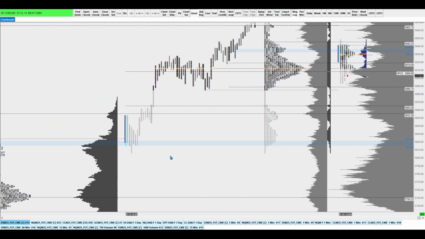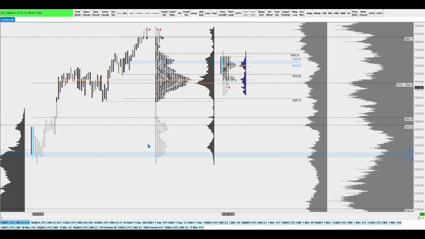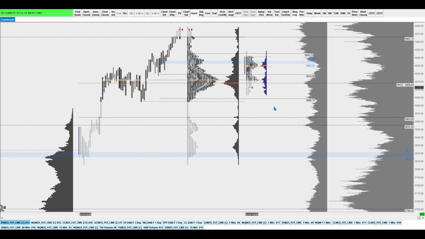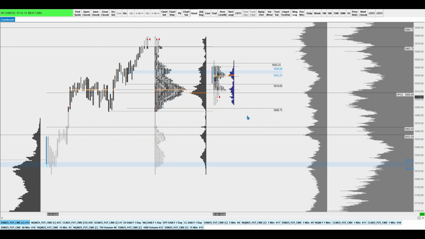Right, opened above, traded back down to it, held it, held it, held it, made that excess, traded back above, and then got bid, right? So this looked very, very good up against this prior shelf. So I'm going to be looking for more of those up against some of these levels, whether it's last week's point of control, or maybe the upper end of last week's distribution, or maybe the lower one. If I see that excess and we can close back over, establish some value above it, that's the setup I'm going to be looking for.